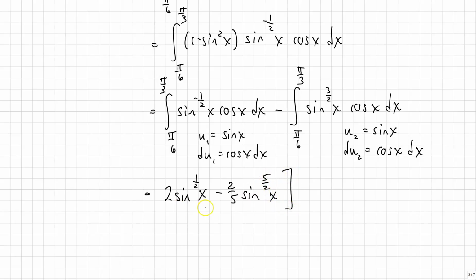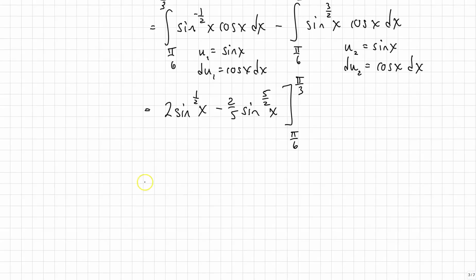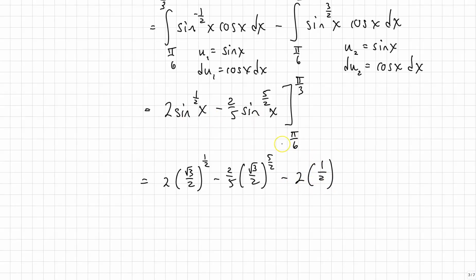And then that's in terms of x, so we're going to go from pi over 6 to pi over 3 using our fundamental theorem. So then we do top minus bottom. So we plug in pi over 3 for sine, so that'll be 2 root 3 over 2 to the 1/2 minus 2/5 root 3 over 2 to the 5/2, minus, plug in pi over 6, sine of pi over 6 is 1/2,